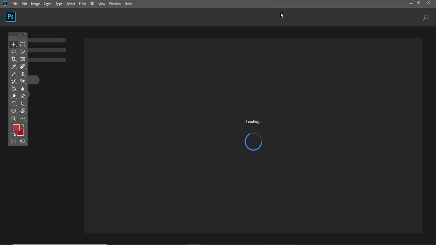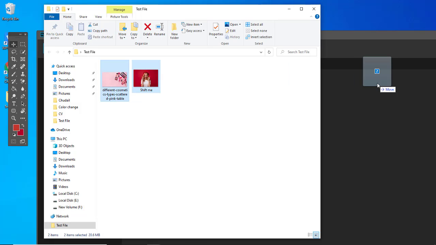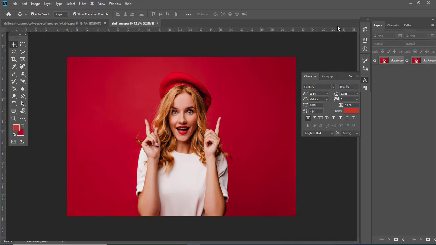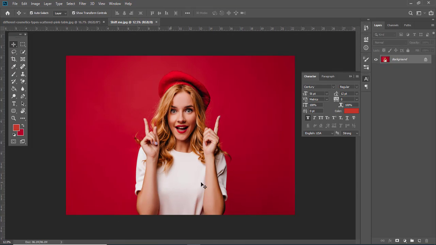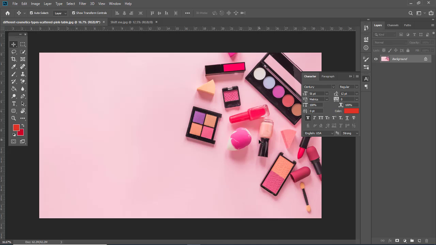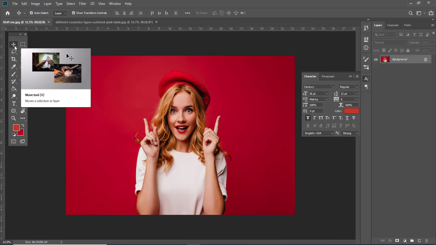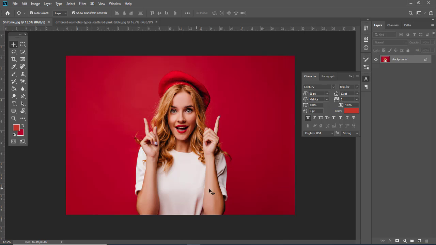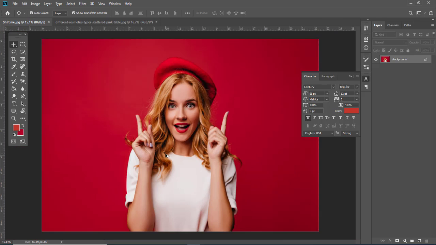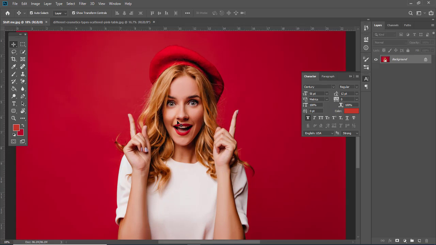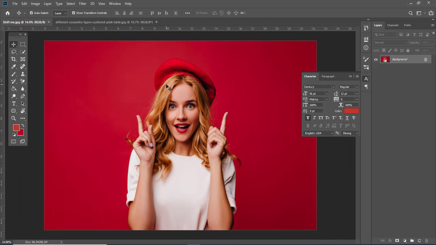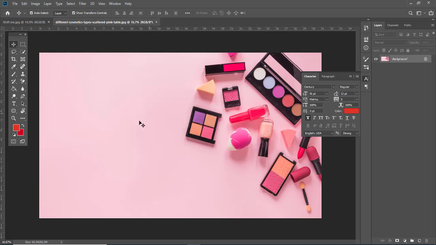So let's start. So I have dragged both the images over here. What we will do is we will cut this image and we will prepare an ad using the image here. In the previous tutorial we learned how to separate the subject from the background and change the color of the background. In this one, we will remove the background from the subject, and we will shift it here and create an ad.